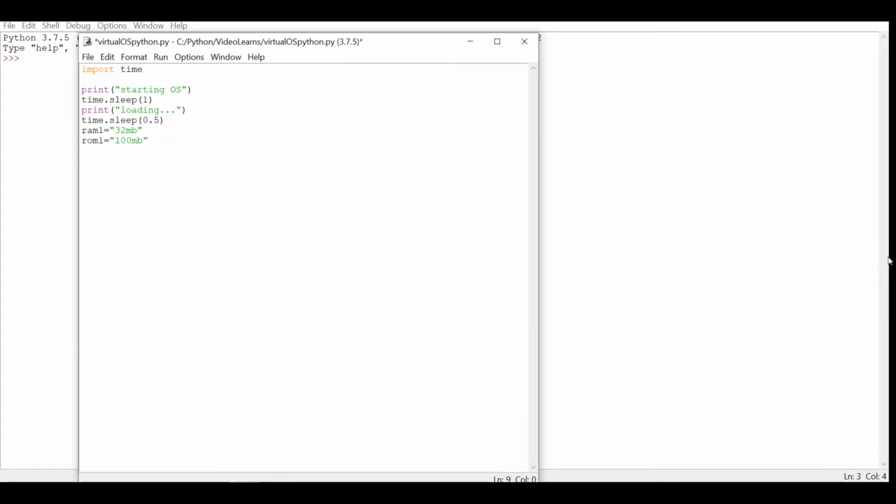So the next print RAM. This RAM is a variable, so print RAM plus RAM 1, and print ROM plus ROM 1. And the next time sleep 1 second,